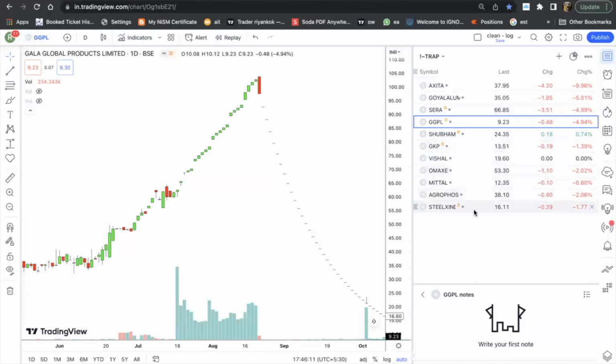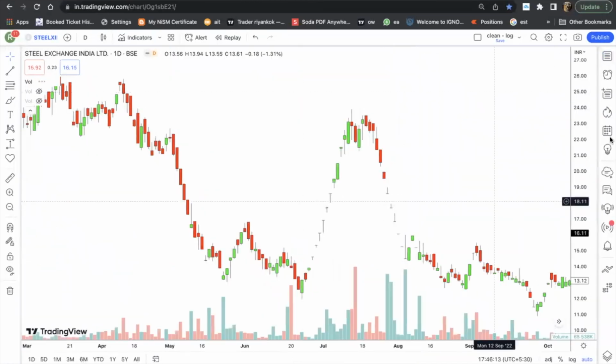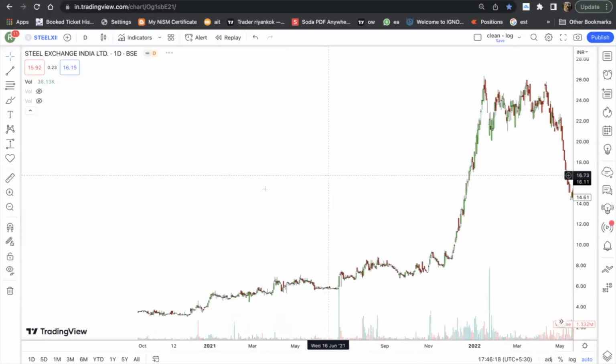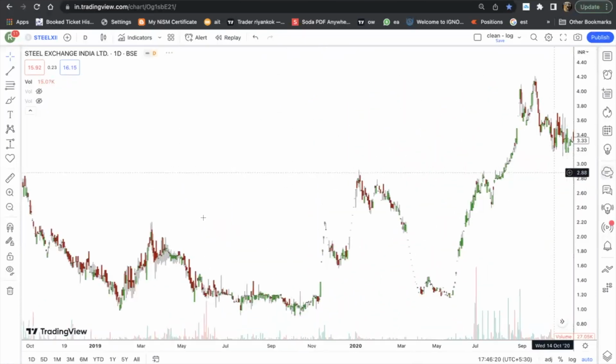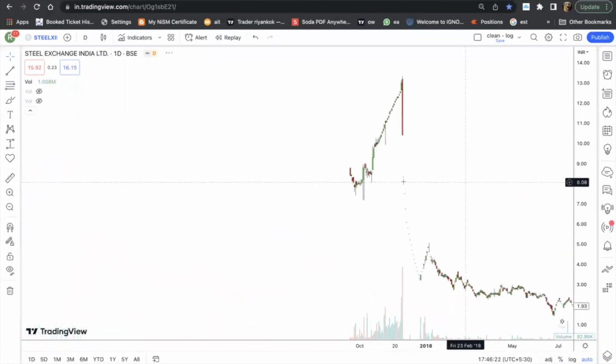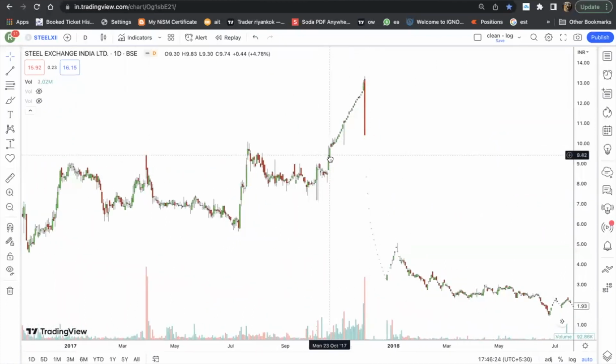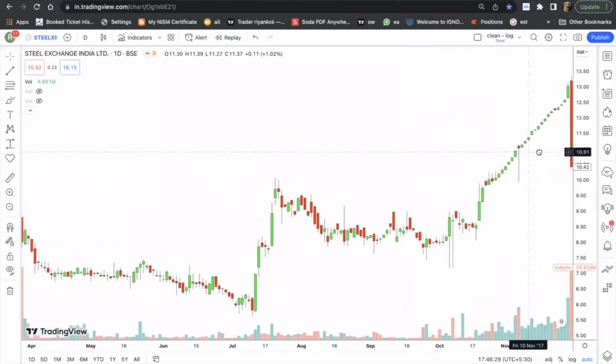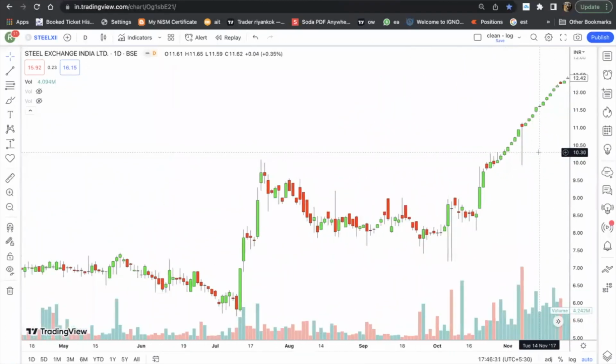Okay, so one more example was Steel Exchange India. Let me show you that as well. This was back in 2018 or 19, if I'm not wrong. Yeah, so this was back in 2017. So this is where the journey of the trap pattern really started. This was also trading somewhere around 130 or 200 something. I think it had announced a split or something, it used to be around 150 at that time. So maybe it had announced a 1:10 split or something. I don't really remember. It's been a very, very long time.